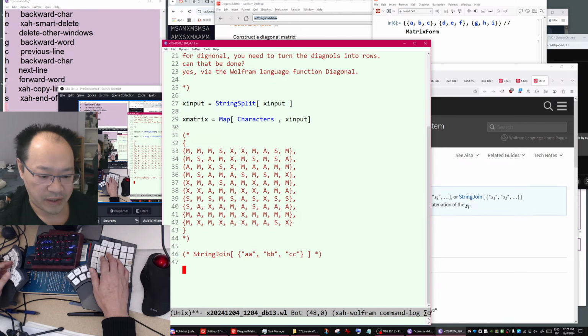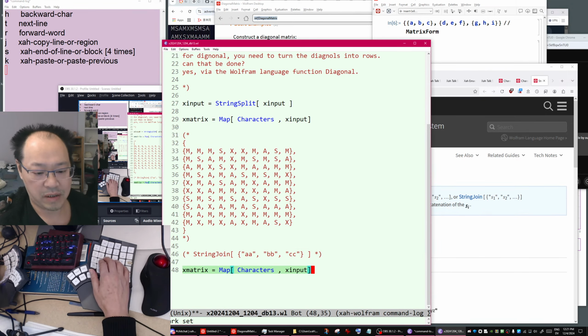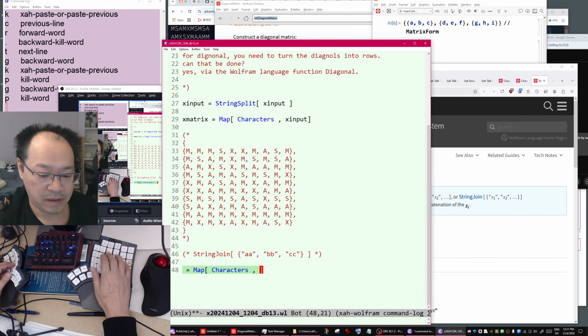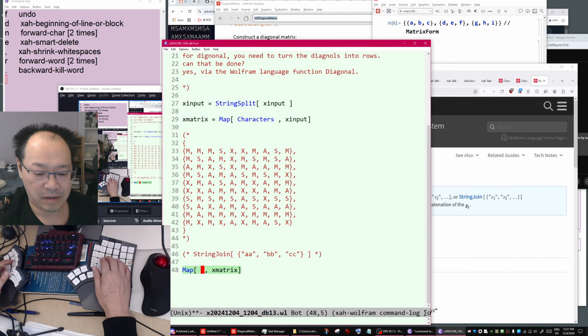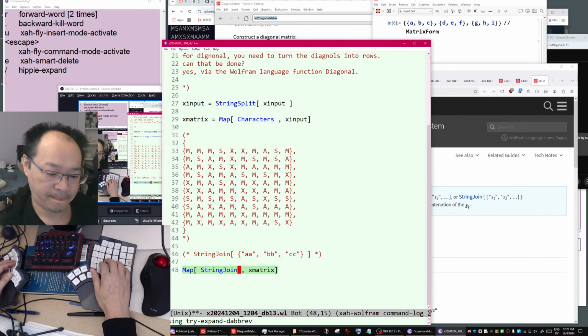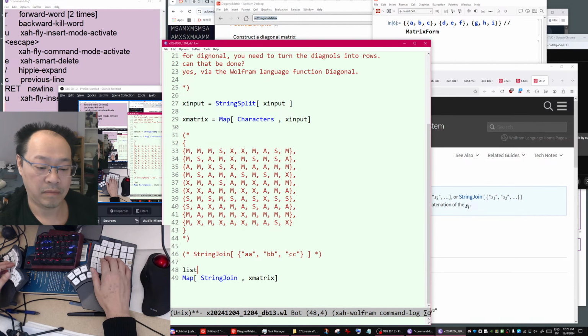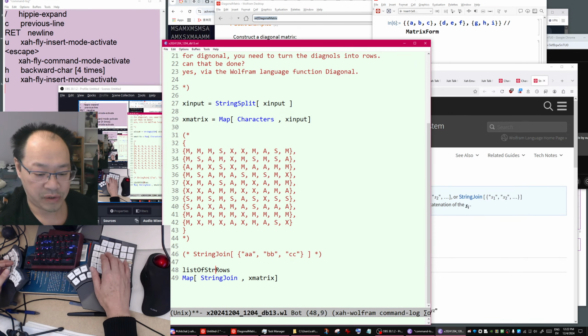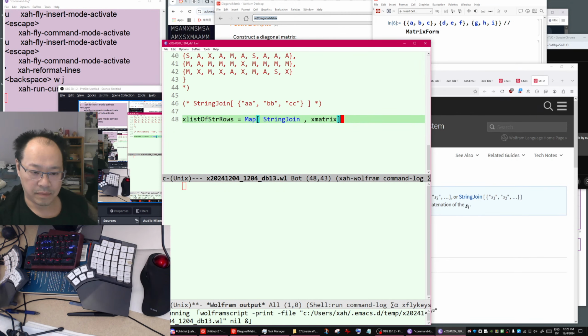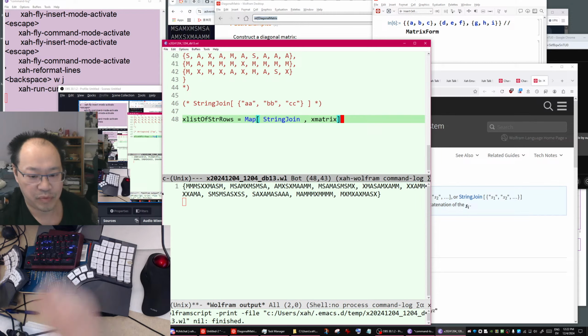So what we have to do now is, you got the matrix, then you map StringJoin over it, then you get a string for each row. That gives a list of string rows. Run it. Yeah, that's what you want.